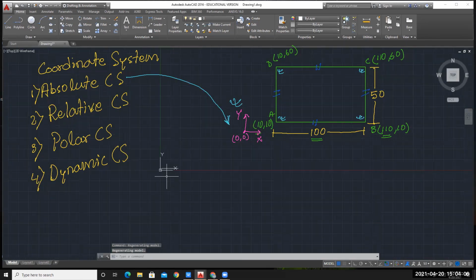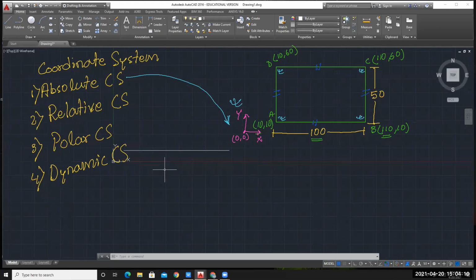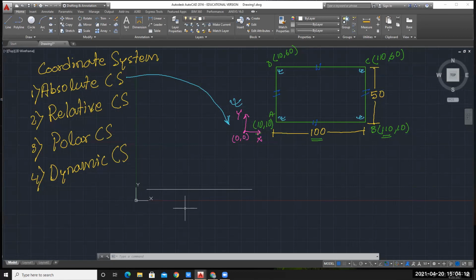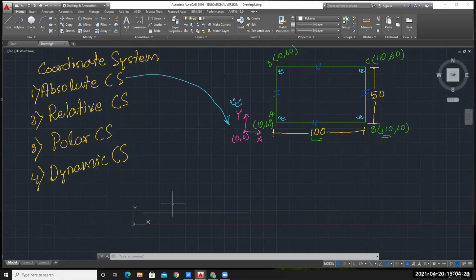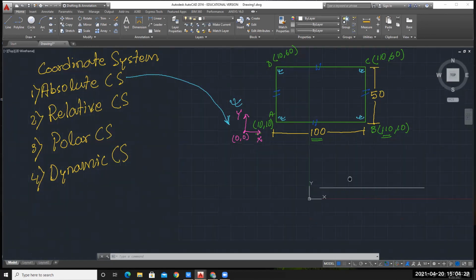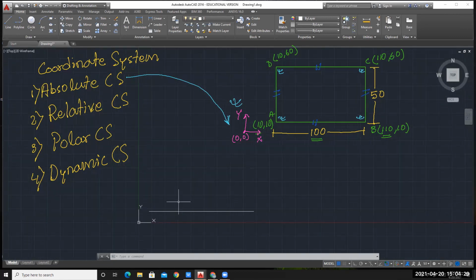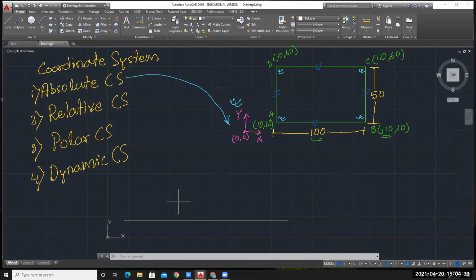Scroll in means you move the scroll key on your mouse towards you or in the opposite direction, then you can zoom in or zoom out. Okay, so this is another function. How to pan means moving the entity what you have drawn, and zoom is this. You can zoom in or zoom out.